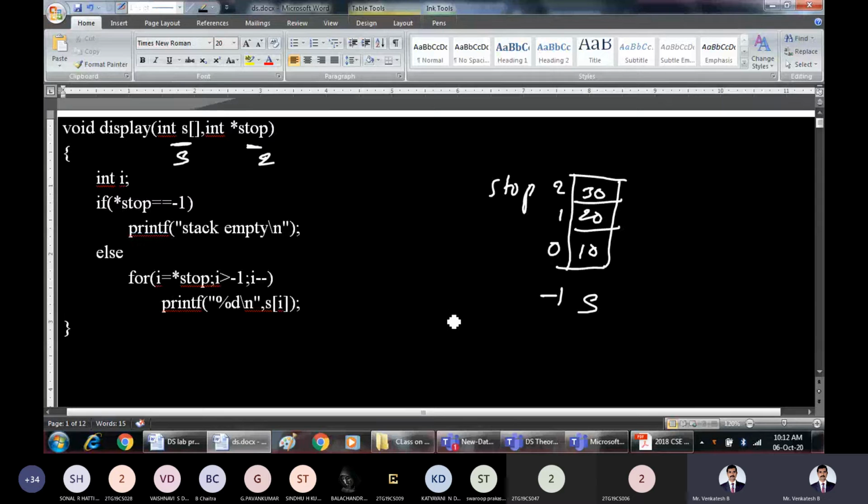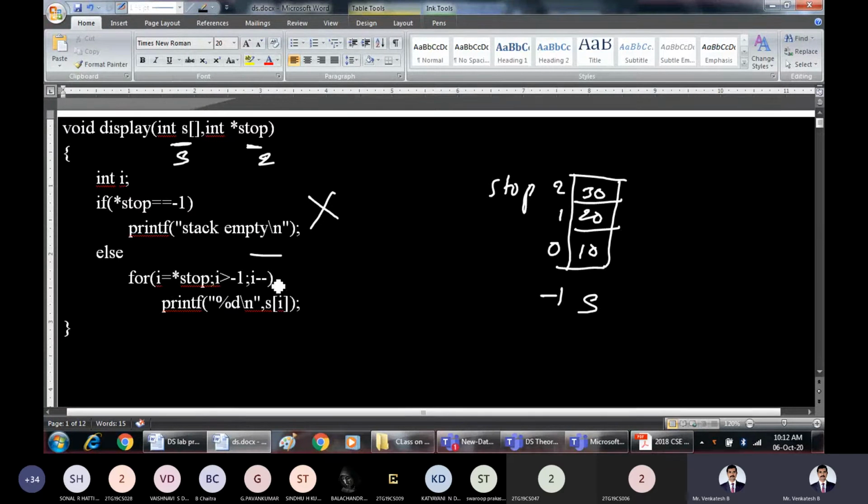And in theory, we know that stack is empty only when the top is pointing to -1. Now top is not pointing to -1. That means this condition is false. There are elements on the stack, and we will be able to display the elements. So start from this index onwards, go on displaying, that is 30, 20, and 10.